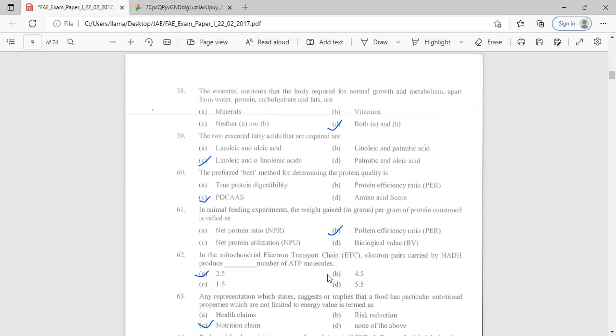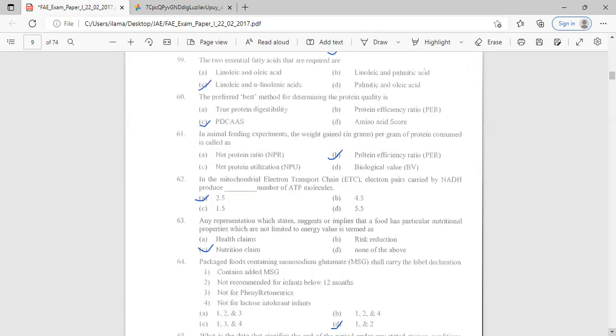Any representation which suggests or implies that the food has particular nutritional properties, which are not limited to the energy value, is called a nutrition claim. Next one, packaged foods containing monosodium glutamate shall carry the label declaration as contains MSG and not recommended for infants below 12 months, and it is also not suggested for pregnant women. And then this, not for phenylketonurics, will come for aspartame, and not for lactose intolerant infants will usually come for